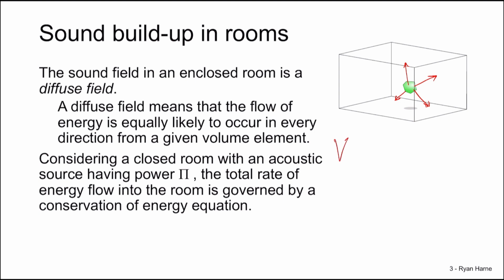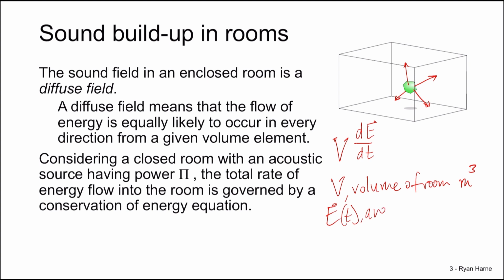It reads V, which is the volume of the room, of course, units in meter cubed, multiplied by the rate of change of the average acoustic energy density, capital E, the units here are joules per meter cubed,